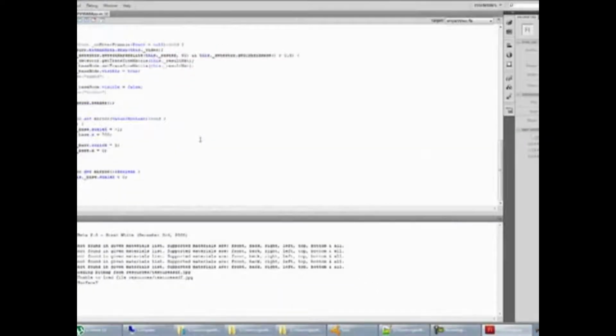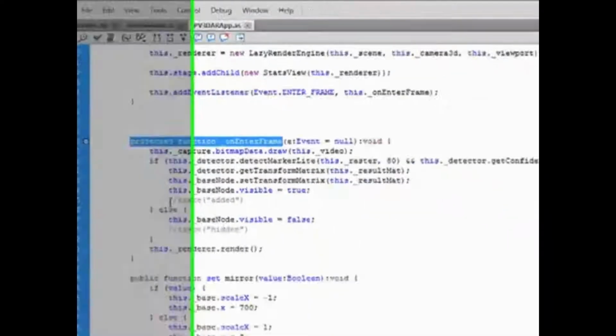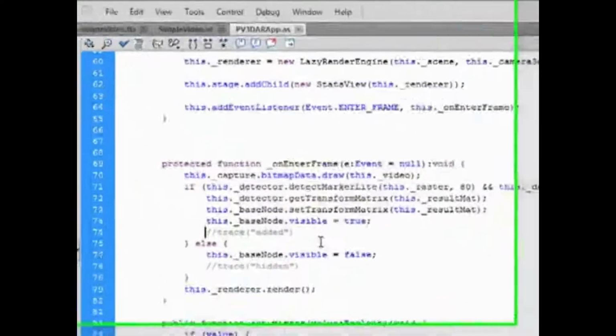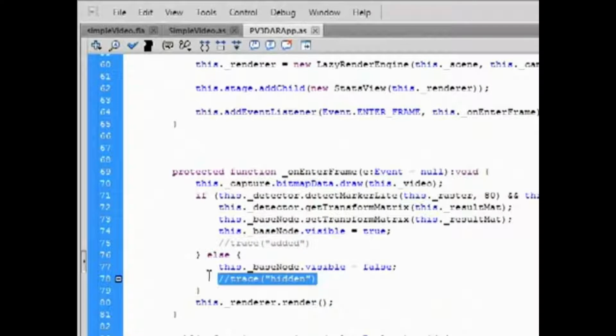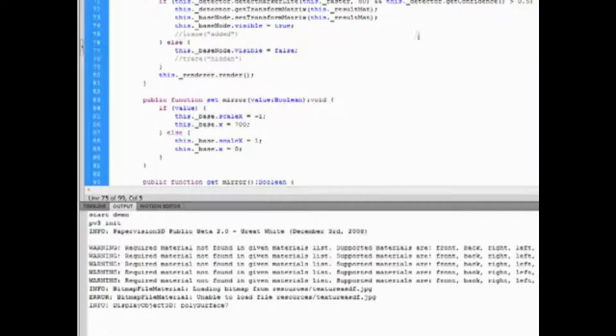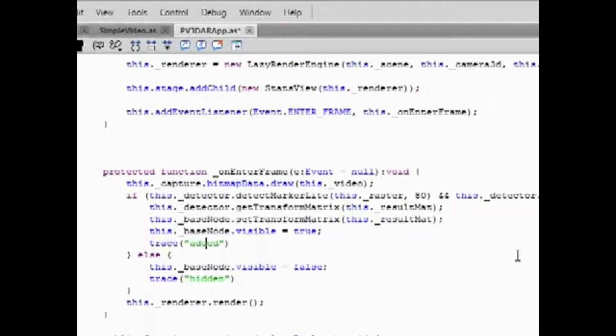The one that I sent you, I removed some debugging code, and when you go to the function onEnterFrame, basically this means every time it's checking the frame to see if the marker is actually visible or not, or being detected, I guess I should say. I commented out these two lines here, trace added, trace hidden. All trace means is it's just a way to debug code, and it just means that anything I trace will appear down here. So if you just uncomment it by deleting the 2 forward slashes,